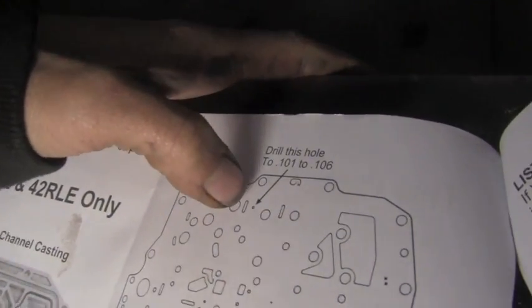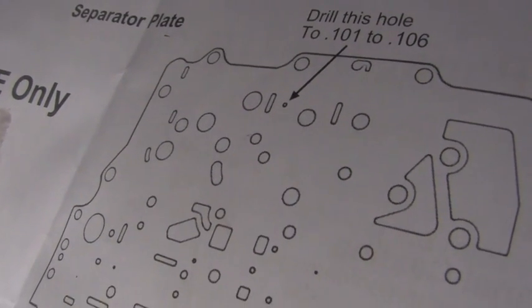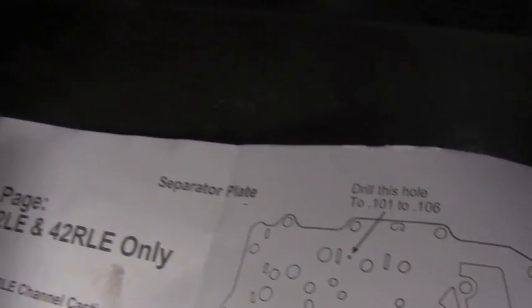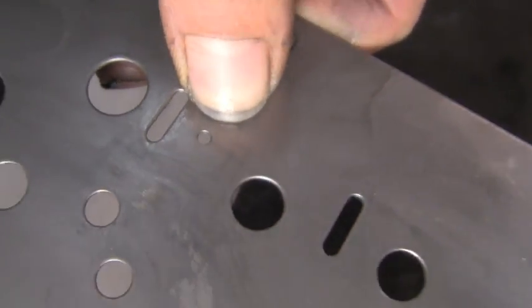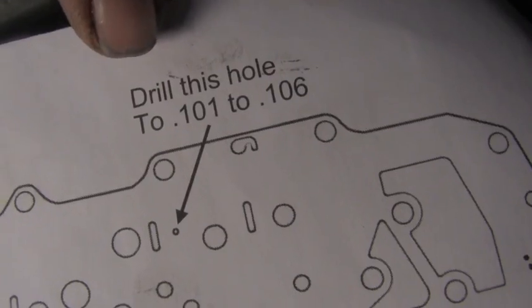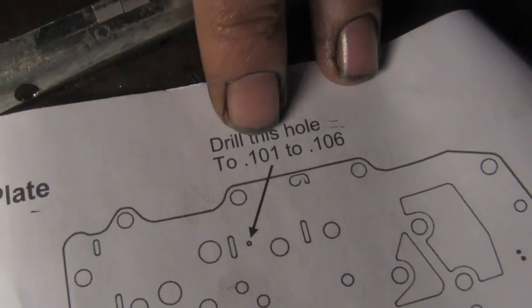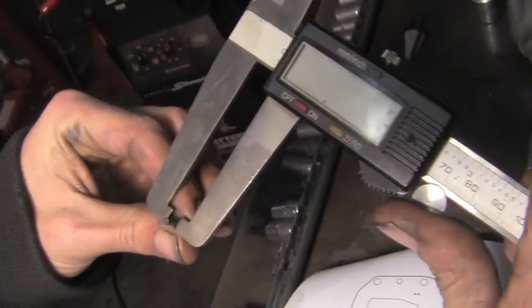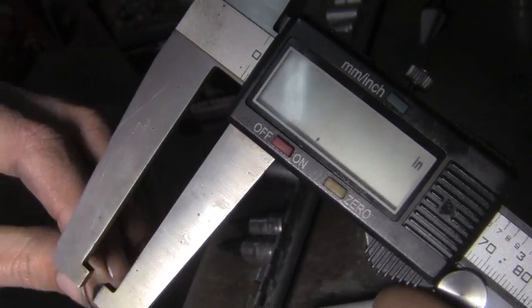We're going to be looking for a little hole right here in our separator plate to drill. So this here we're going to find on the separator plate, and it looks to be right there. So we're going to drill that hole bigger if we can. We're going to drill this hole with a drill bit supplied in the kit, but we're going to mic it to make sure it's within what they say. Not that I don't trust them, just want to make sure. And we're at 106, so it's the maximum allowed